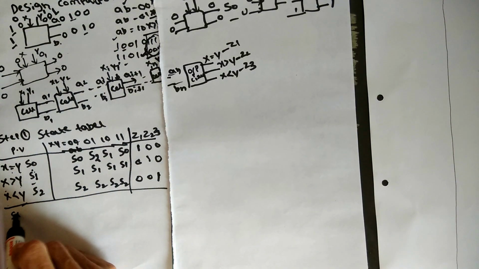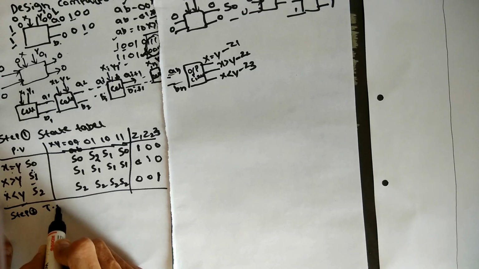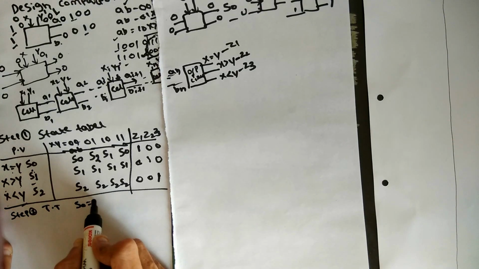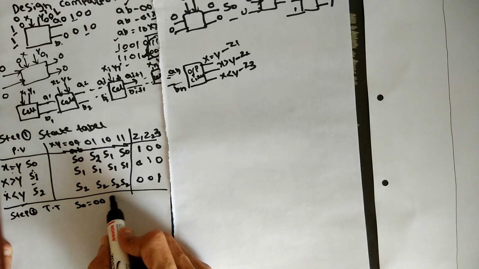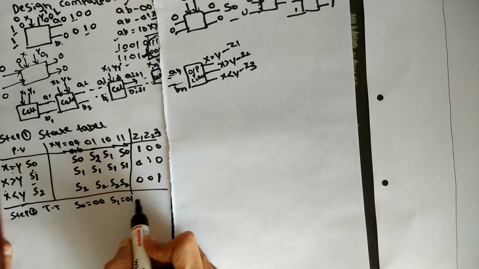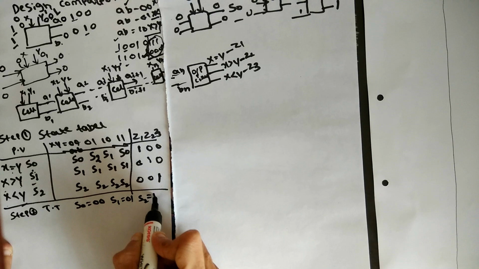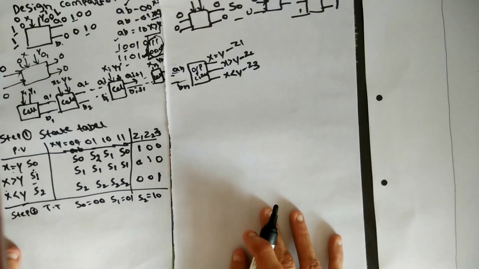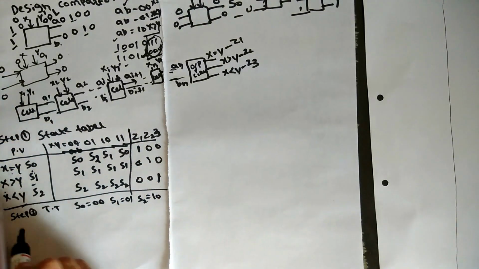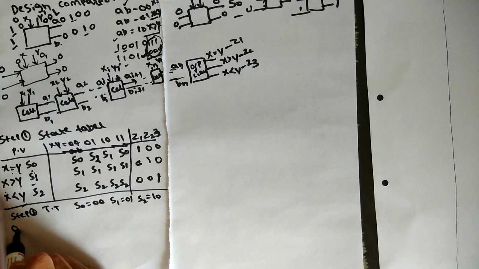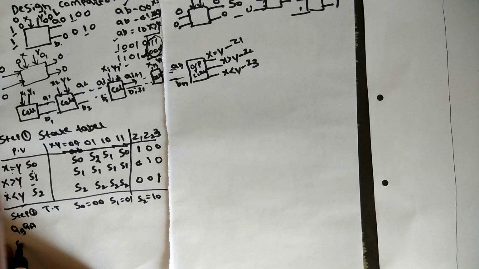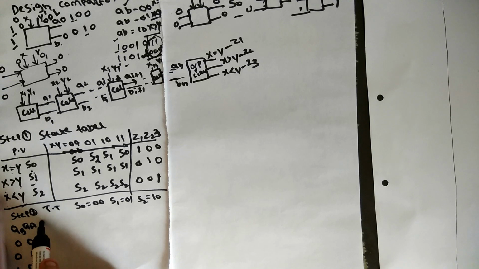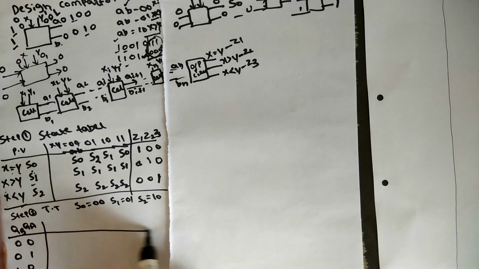So step 2, we will go for the truth table. Truth table means we can take S0 state is universal, previously we discussed 0 0, S1 is 0 1, S2 is 1 0. So we have to go with these three conditions. Here, previous state means I will take QB and QA. In this state S0 is 0 0, S1 means 0 1, S2 means 1 0, and 1 1 is don't care.